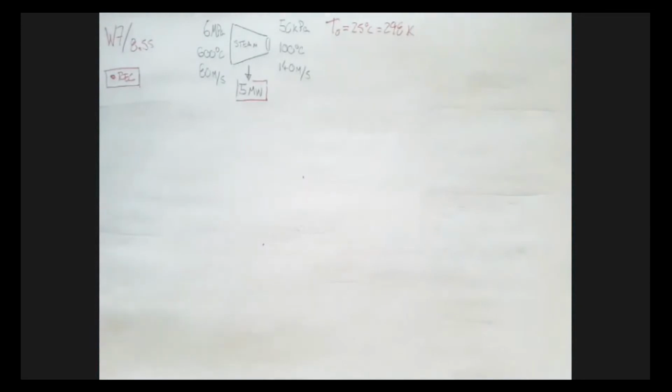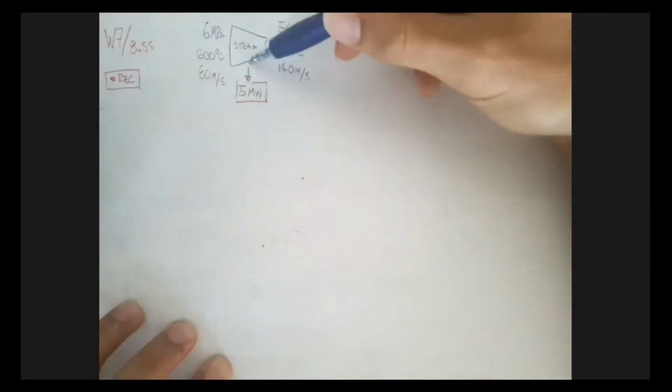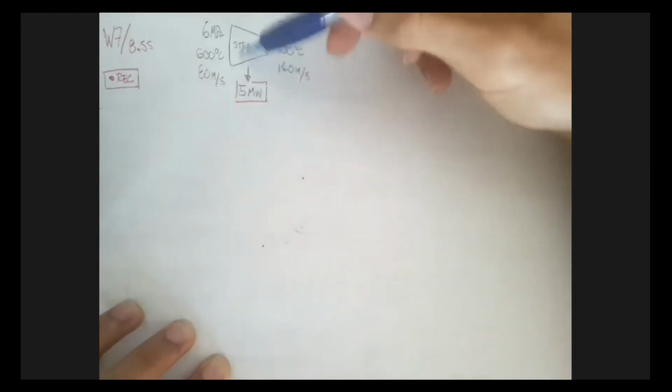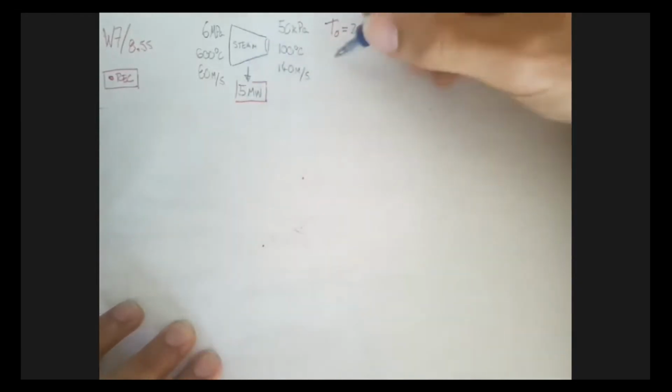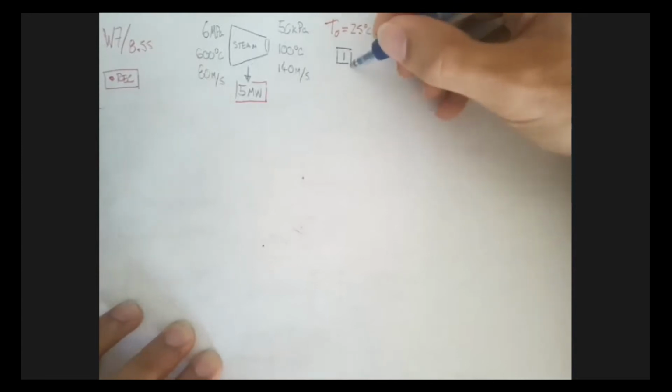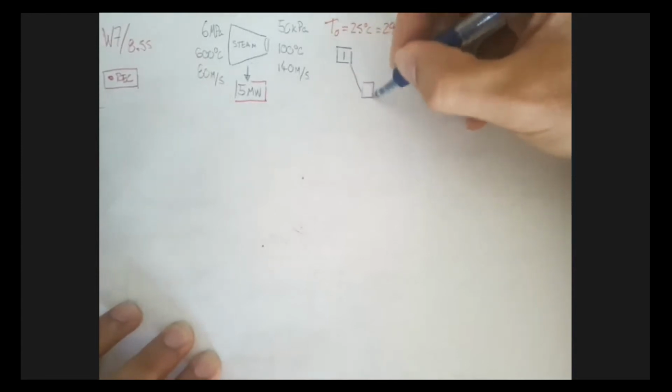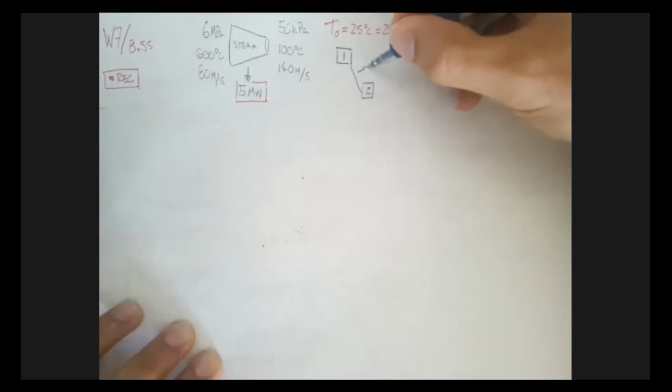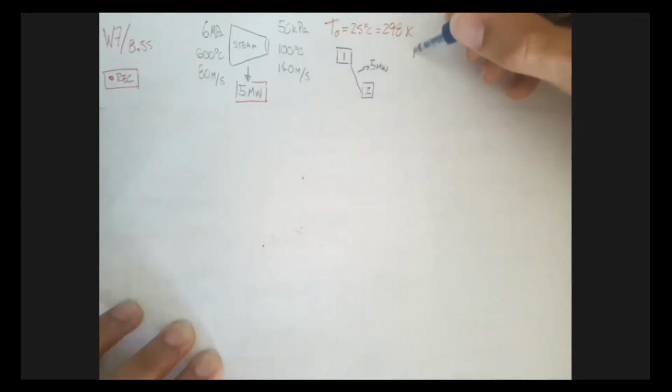Okay, so what do we know? From everything we learned so far, we know that we're going from a higher state of energy to a lower state of energy. So that's why the turbine can output 5 megawatts. That's kind of the obvious part that we're already used to. So if we're going from the higher state of energy to our lower state of energy, this turbine is going to be able to output 5 megawatts. Okay, but however,